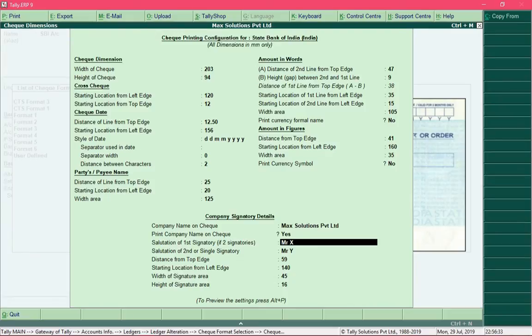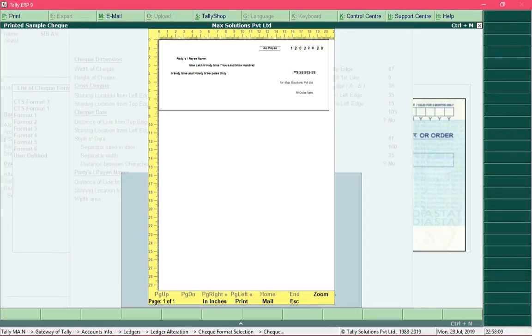And if your check requires the signature of one person, then you need to leave this field blank and specify the name of the signatory over here in this field, salutation of second or single signatory. If you preview the check now, you can see that the salutation information is more on the right side.